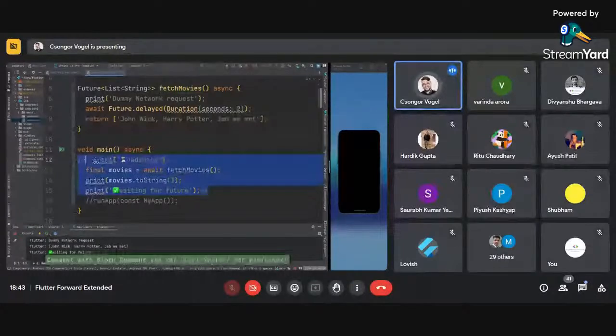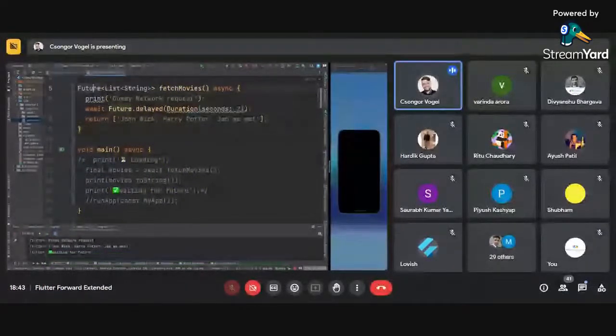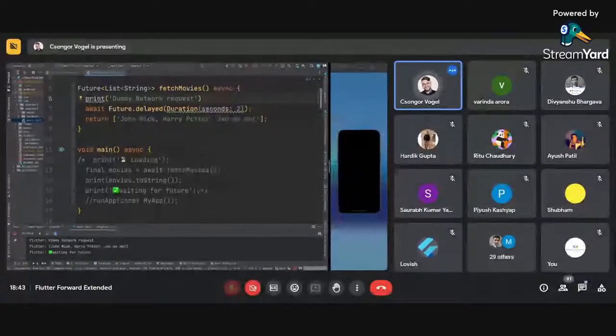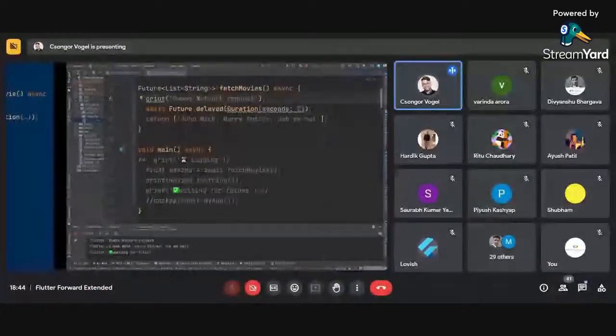I know that this is really the basics of it. With futures, we can also handle different errors, because a future can be faced with multiple scenarios. For example, what if this function fails, or we receive an exception which was thrown. Many things can happen, and there is a really long topic about how we can handle errors properly inside of futures or with the usage of futures. But let's go back to our presentation,